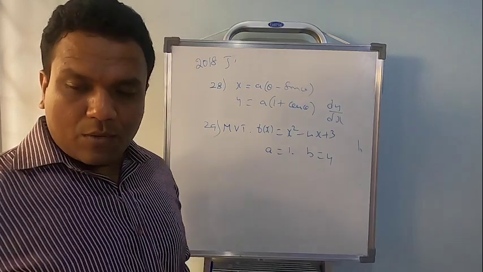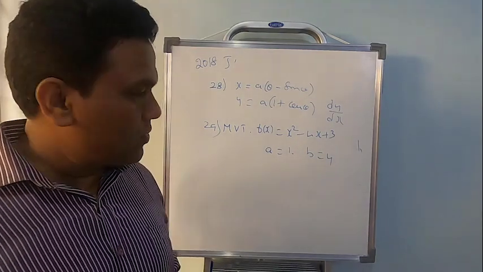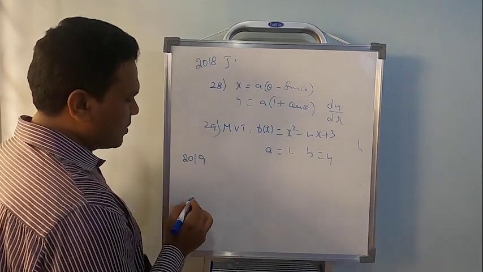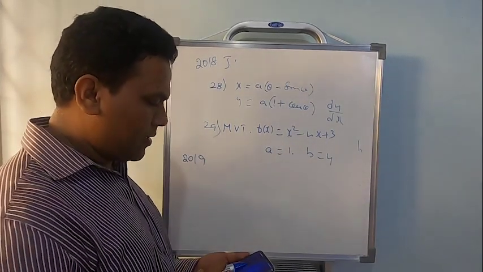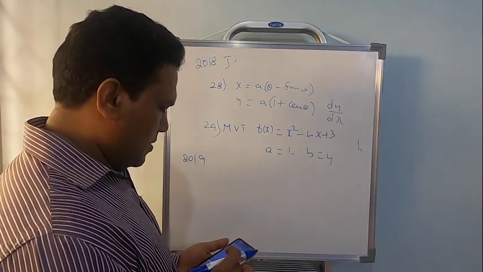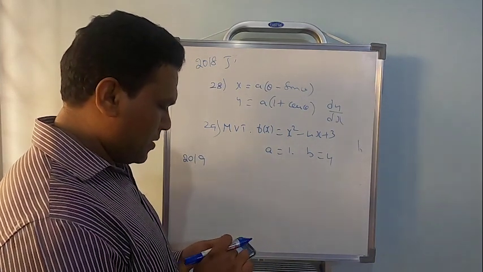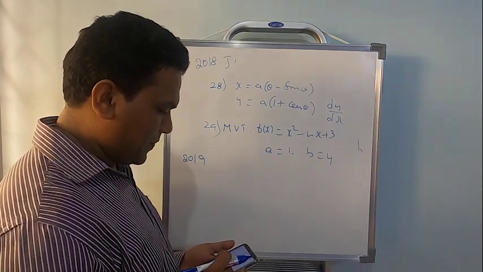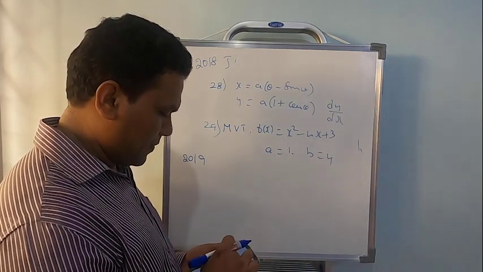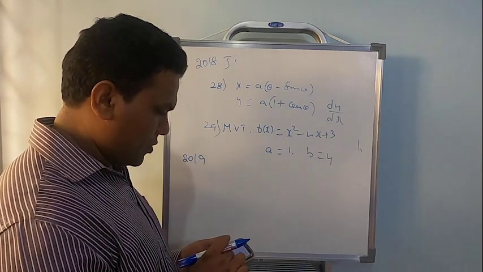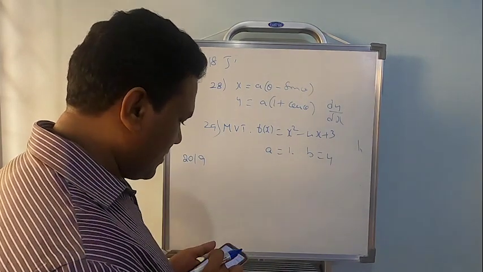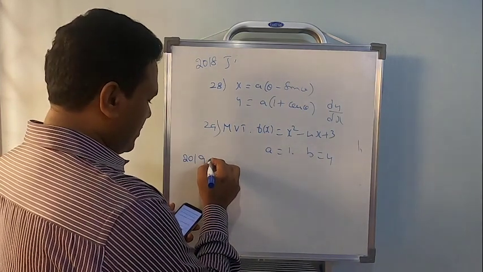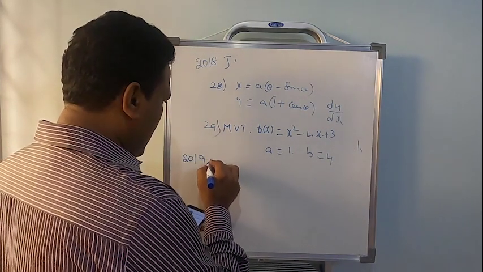Got it? Now the problems from 2019. I don't have supplementaries for 2019 and 2020, so let's go for it. So in 2019, let me tell you what's given. The 2019 annual, that is in March, right?